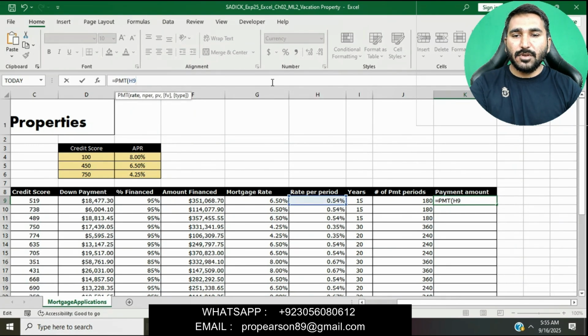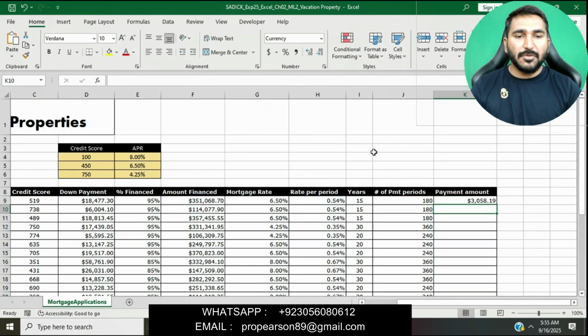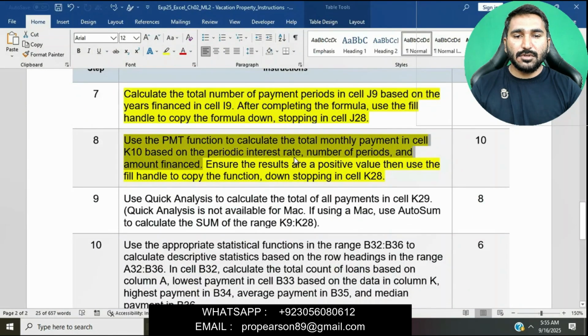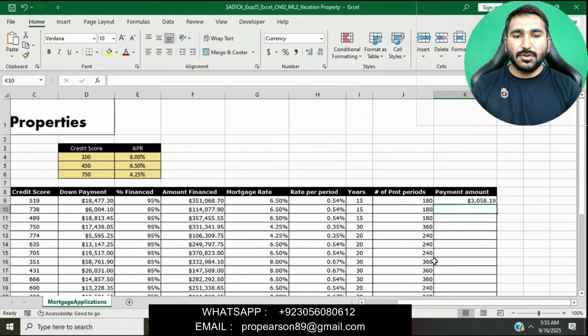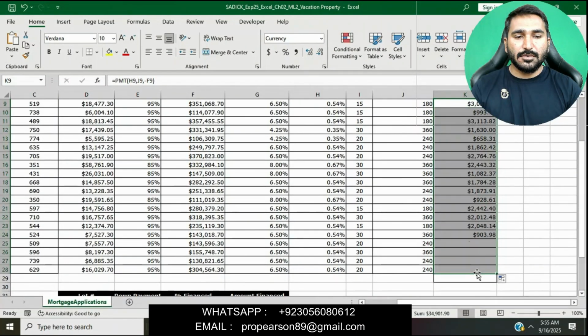Then we will enter the formula H9 rate per period, and then J9 number of PMT periods, minus F9 amount financed, and then press enter. It will find the payment amount in cell K9. Now we will use the fill handle to complete the column, stopping at cell K28. Fill without formatting.